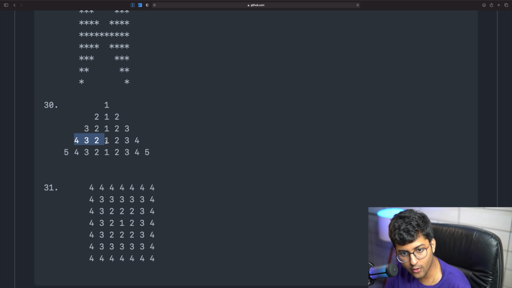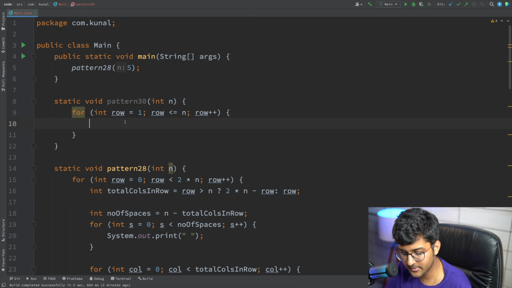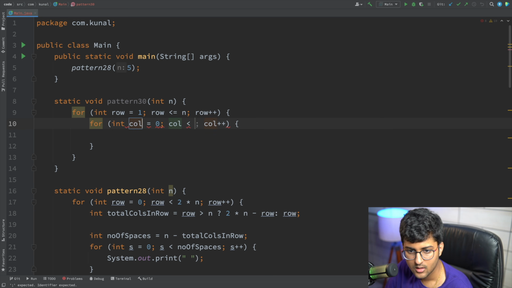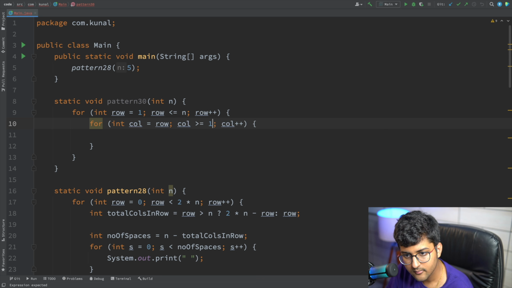So it's running from 4 till 1, then 2 till row number. Column is equal to from row number till 1, column minus minus. So like 4, 3, 2, 1, 3, 2, 1 or whatever.